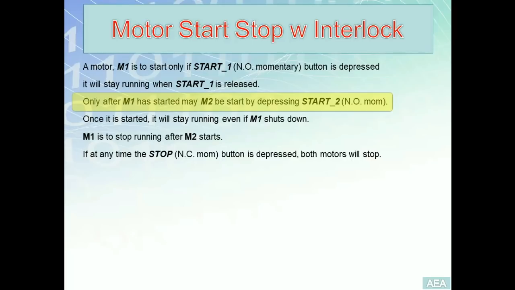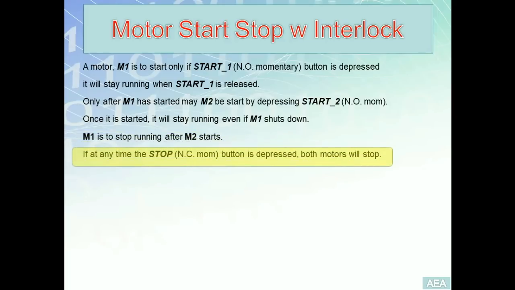switch. Once it's started, it will stay running even if M1 shuts down. M1 is to stop running after M2 starts. And finally, anytime the stop, which is a normally closed momentary switch, is pressed, both motors M1 and M2 have to stop. Now, in order to build our ladder solution, we are going to follow the approach that we introduced